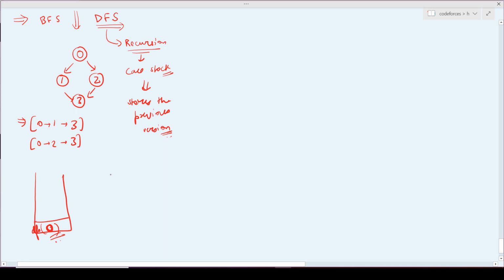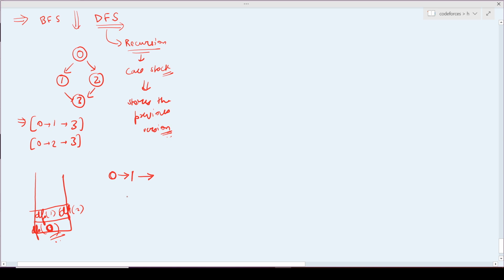In my vector I will push this 0, then I will have its calls to either 1 or 2. So I will have a DFS to 1 and a DFS to 2, because these are its children. But as we know these are stored in a stack and only one will iterate, I will store 1 here and go on further.